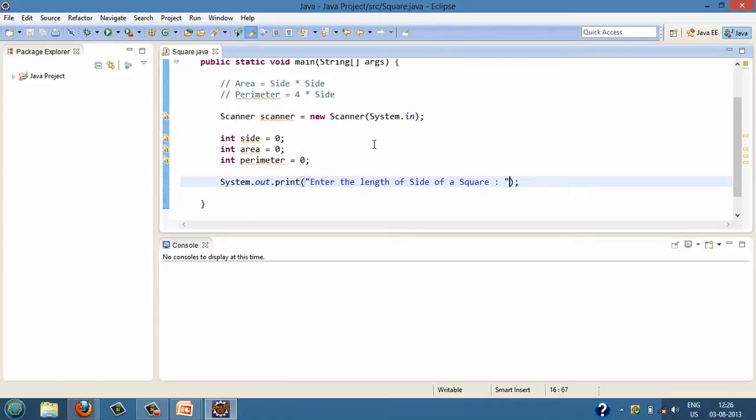So here we have prompted the user to enter the length of side of a square, and we'll capture whatever the user enters from the console into the variable side.